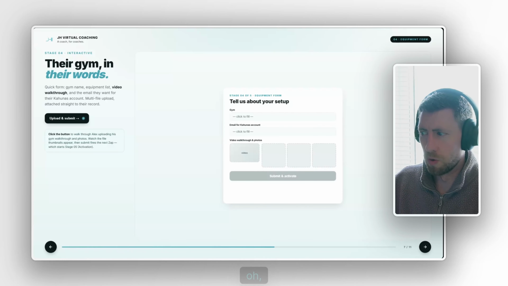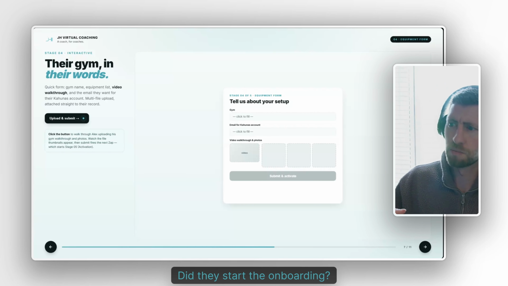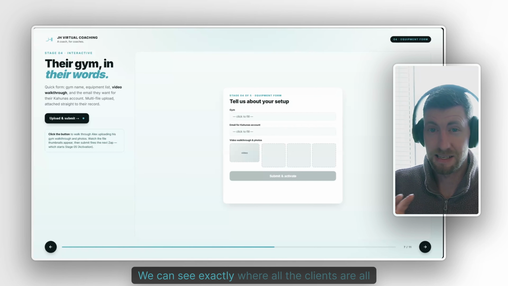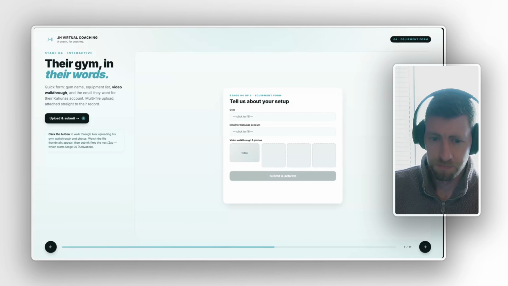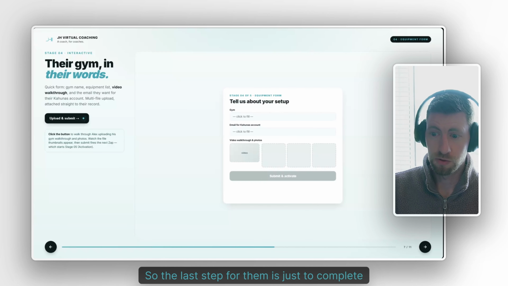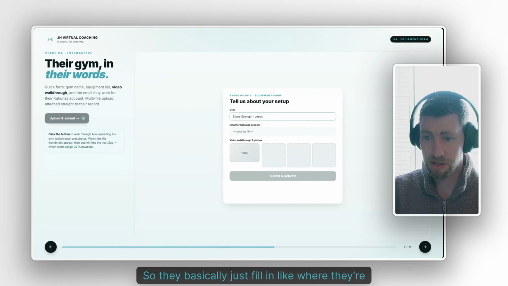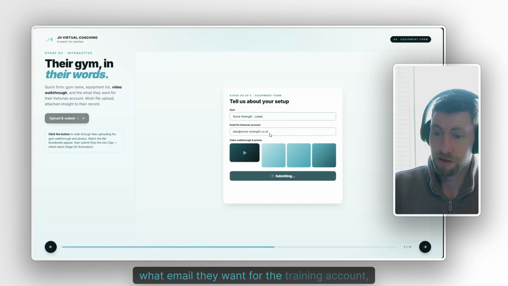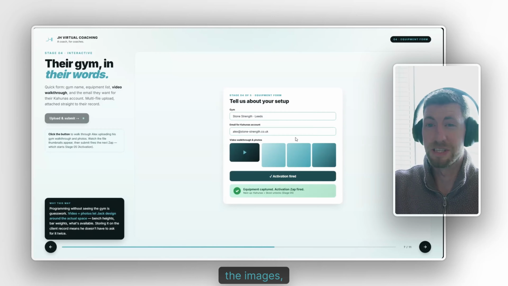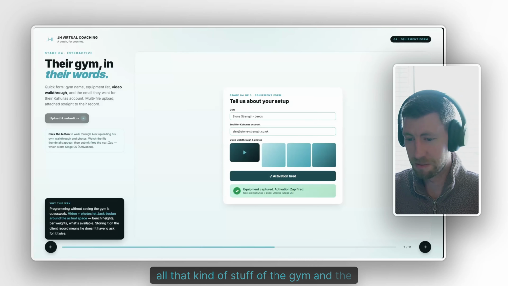So there's no, oh, the client paid last night. Did they start the onboarding? Did they not? We can see exactly where all the clients are all the time. So the last step for them is just to complete their equipment form. They basically just fill in where they're training, what email they want for the training account. They upload the videos, the images, all that kind of stuff of the gym and the equipment they have access